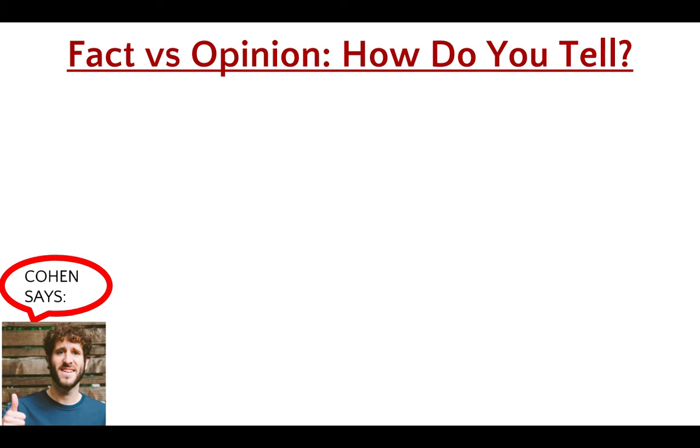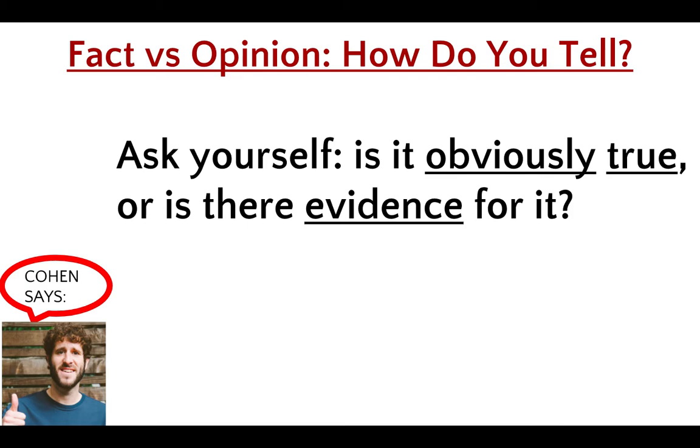The question I like to ask myself is, is what I'm reading obviously true, or is there evidence to back it up? So bats are mammals. That's a fact. Or is there evidence for bats being mammals? Yeah, bats have hair, and they have mammary glands that produce milk for their young. Therefore, they are mammals. All these things, I'm looking at charts and graphs that show